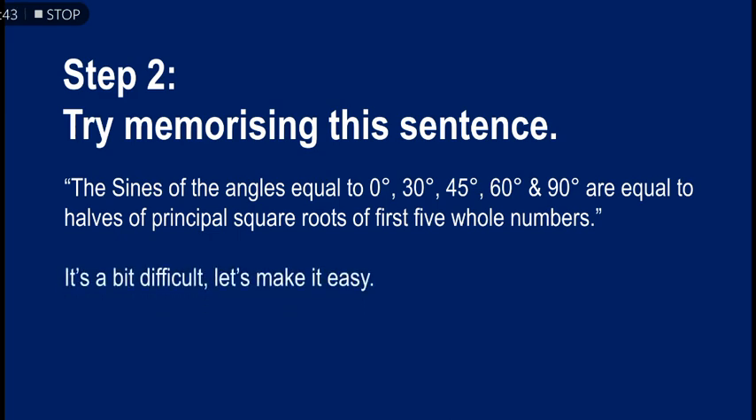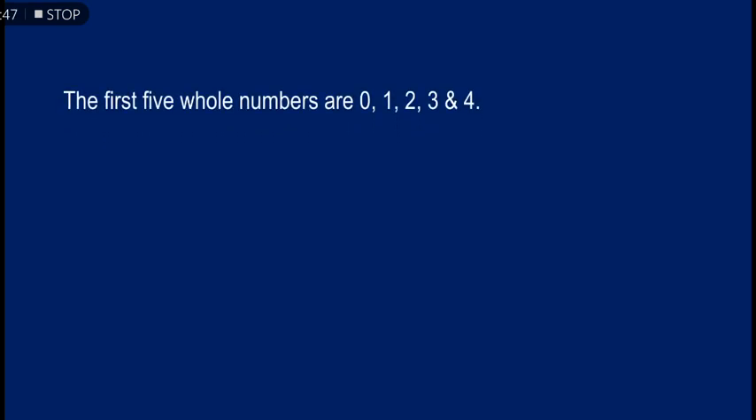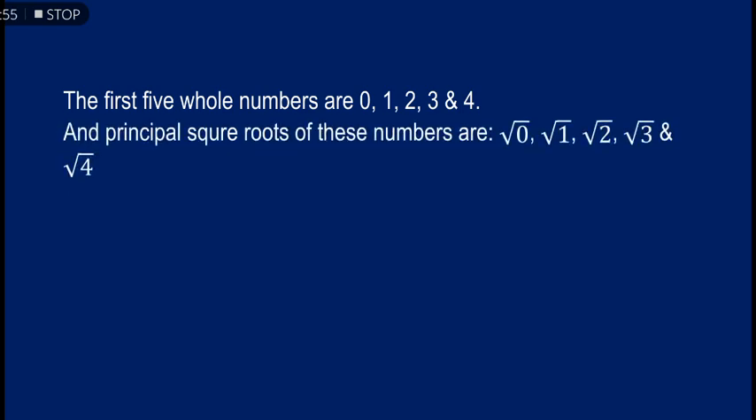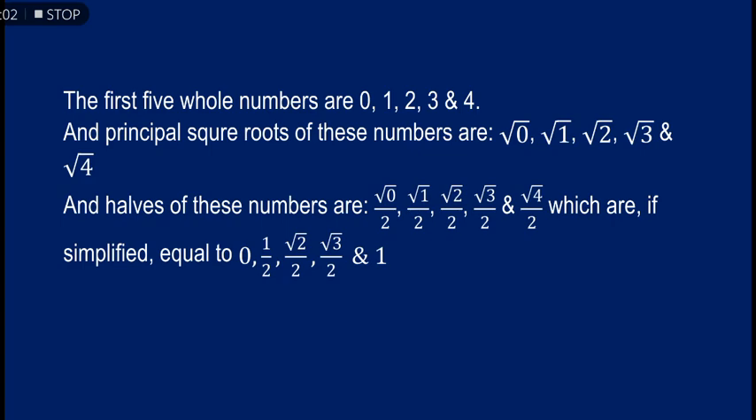It's a bit difficult, let's make it easy. The first 5 whole numbers are 0, 1, 2, 3 and 4, and principal square roots of these numbers are square root of 0, square root of 1, square root of 2, square root of 3 and square root of 4. And halves of these numbers are half of square root of 0, half of square root of 1, half of square root of 2, half of square root of 3 and half of square root of 4, which if simplified equal to 0, 1 by 2, square root of 2 by 2, square root of 3 by 2